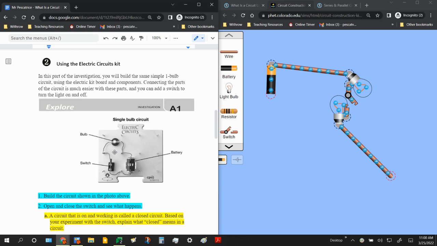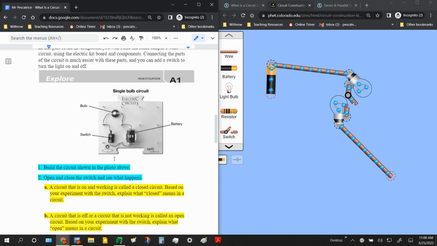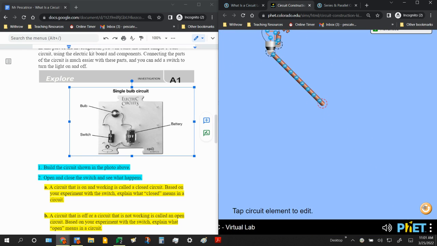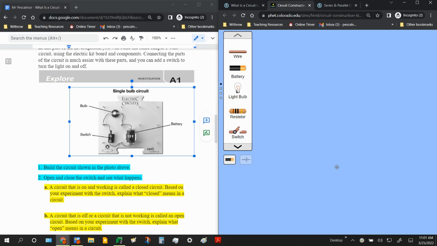All right, moving on to part two. All right, so like I said, this looks weird because you're not using the board. However, set it up exactly the same and it will work exactly the same. All right, so what I can do here is I can go down to the bottom corner and I'm going to reset my circuit so that I have a blank screen again and start again. So on this circuit, it even labels it for me. It says I got a battery, a switch, and a bulb. So I'm gonna start with a battery